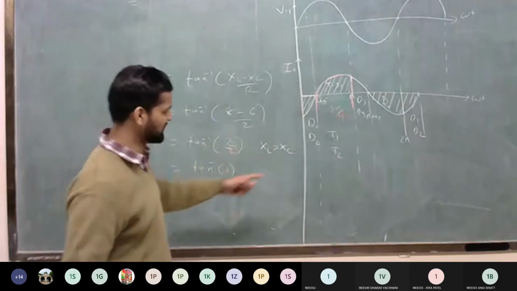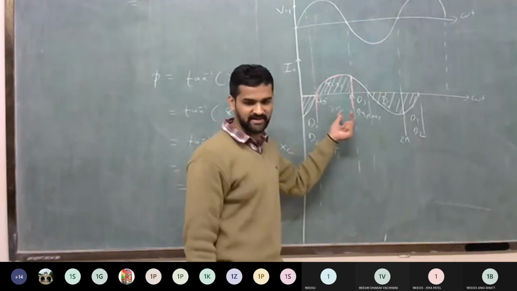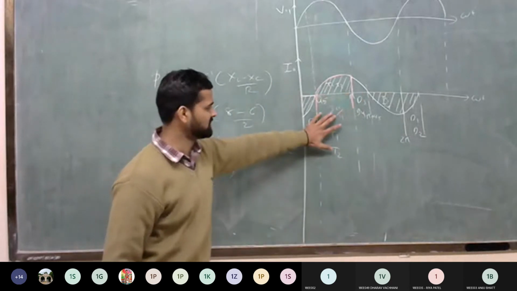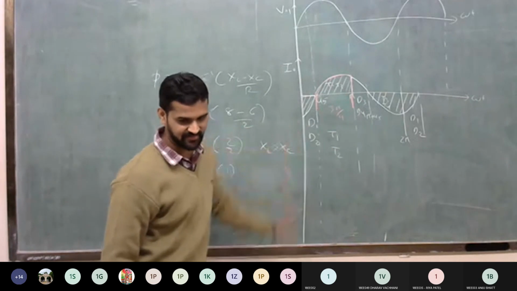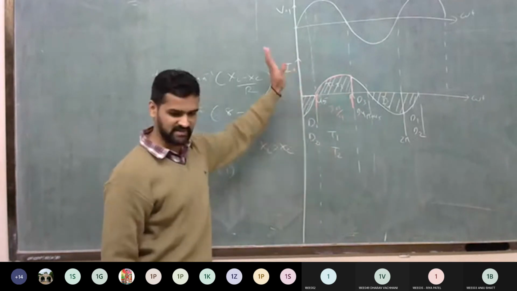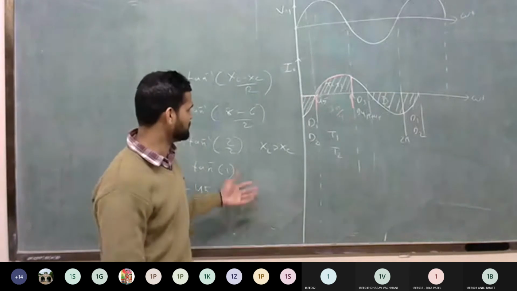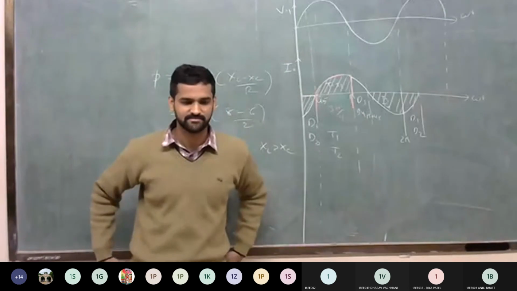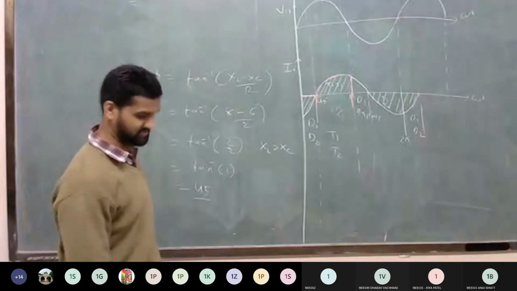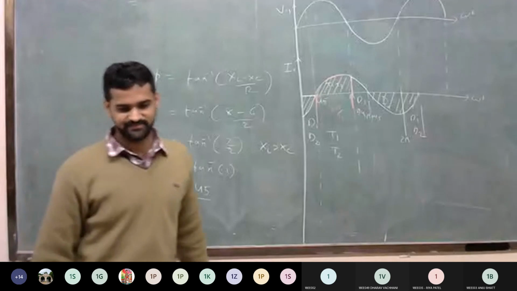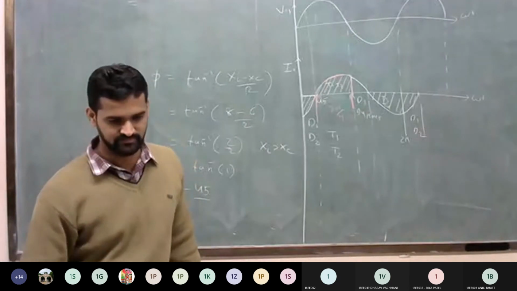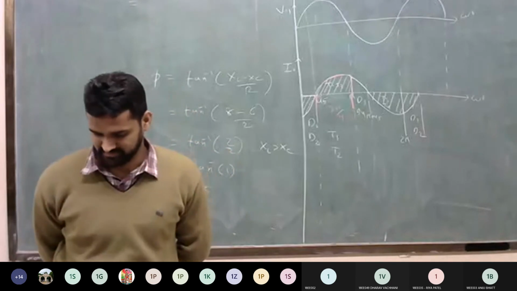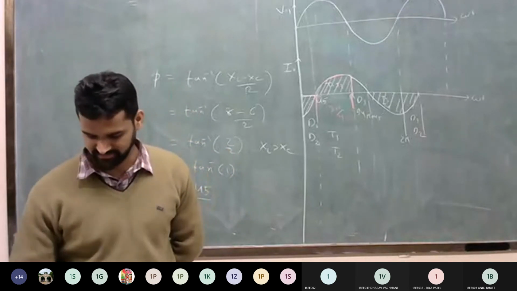Clear? So when you calculate the RMS value for thyristor current, take the integration from 0 to 3 pi by 4, because the total duration is 3 pi by 4 or 135 degree. Clear? Our equation remains the same as we wrote in the previous value. So now calculate the RMS value of thyristor and diode current. All of you try this and give me the answer.